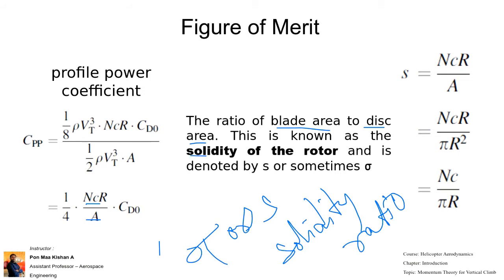So this is also one of the performance parameters, like how we say turn radius, glide radius, glide distance. Like that, this is called the solidity ratio, and it is one of the performance parameters. That is what is mentioned on the right side of the slide also. Finally, sigma r s. Some books mention it as s, some books as sigma. It is given with respect to chord by span. Simply we can say chord by span length. Span length is the radius.